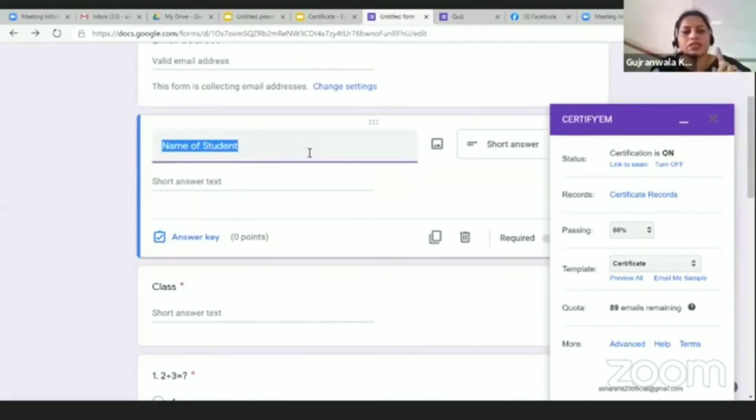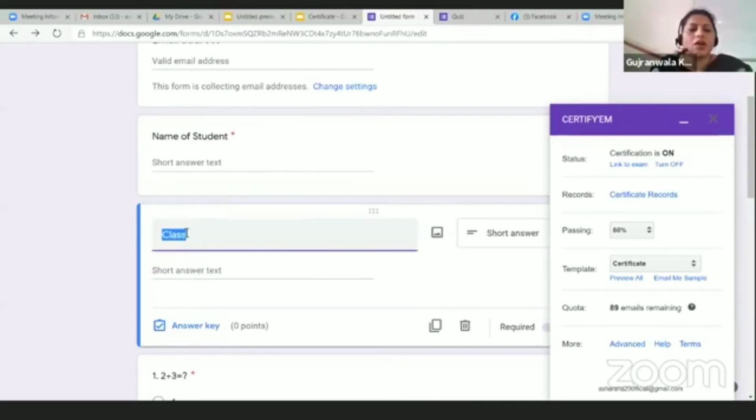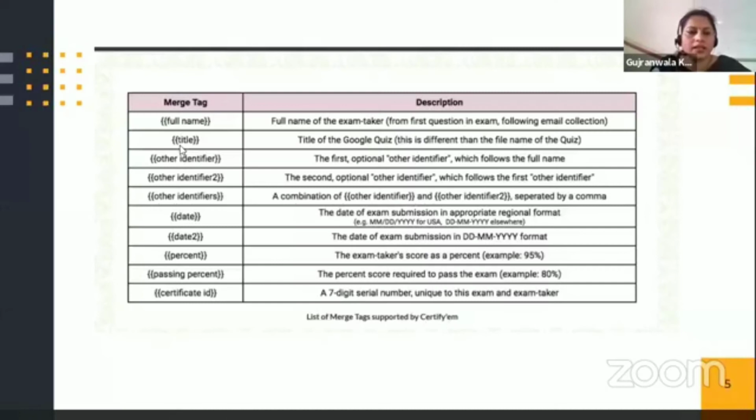It will take first question, your first answer to be given should be the name, because it will take this one as the name. Any entry you give in the first option, that will be name. Second entry will be taken as other identifier, like the one I have shown, and the third entry will be other identifiers. Here title, quiz title is there. Other identifier means after name, what you have asked them to enter.